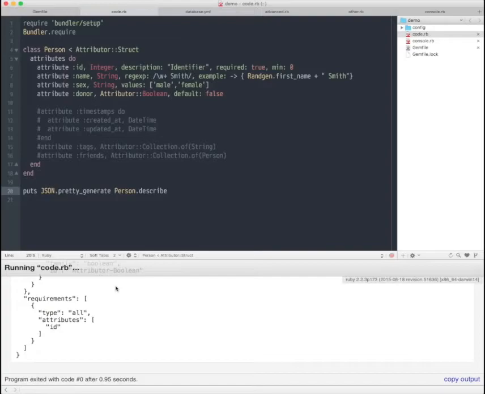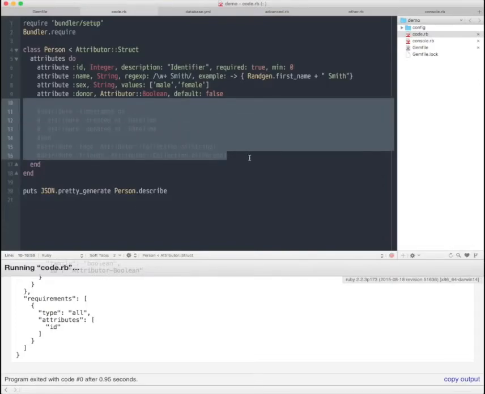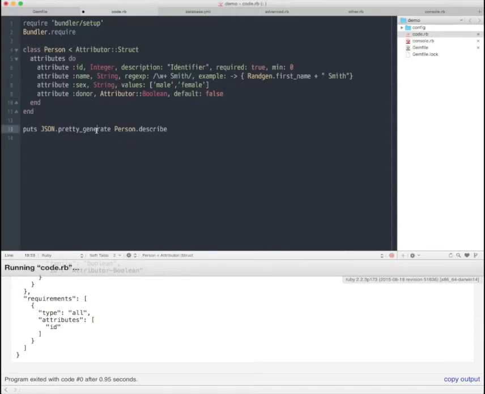so that other tools can actually take advantage of it. And last but not least, I want to also talk about the specific struct option that allows you to do a little bit of an inheritance situation here. So for example, if I go back to my simple person, I may want to have another class that has most of the attributes of a person but not all of them, and I don't want to have to redefine them all. So this is not the best example, but say for example I want a female struct